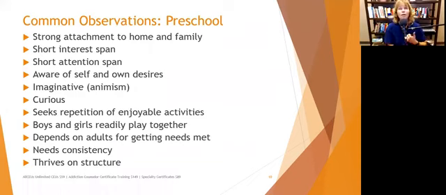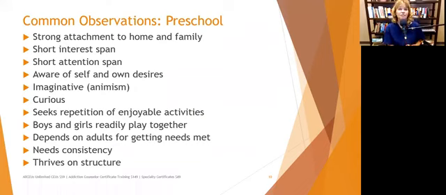They are becoming aware of themselves and their own desires. They know what they want, whether they want Cocoa Puffs on the cereal aisle, or they want to stay up late. Now, they're not really sure why they can't have it. So we need to educate them about why they can't stay up until 10 o'clock at night or whatever. We need to set those boundaries. But they're figuring out what they want and what they need.